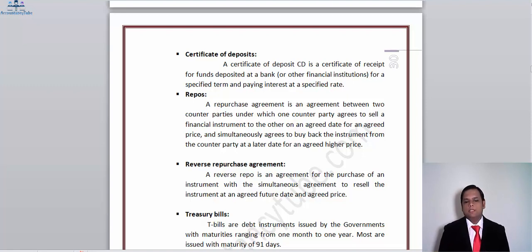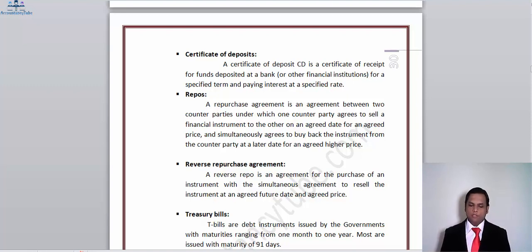Here what happens is that one party goes to another party, for example a company going to another company or a bank, and starts to sell its asset, a financial instrument. For example, it has got shares of Facebook, and now it wants to sell them and get liquid resources. However, it does not completely want to lose the shares, it wants to have them back. Now this is a strange phenomenon where you want the shares to be kept with you, at the same time you want the liquidity out of it.